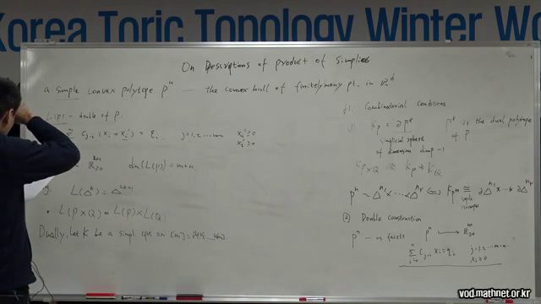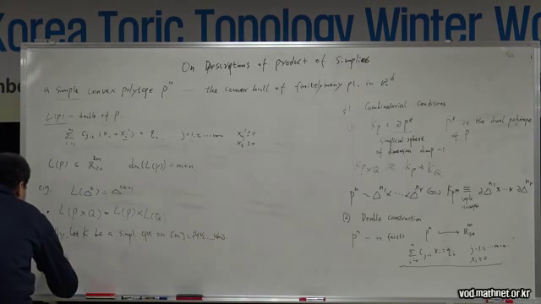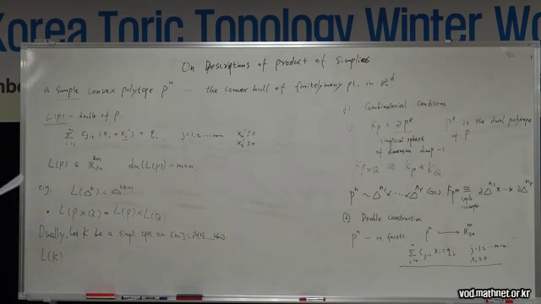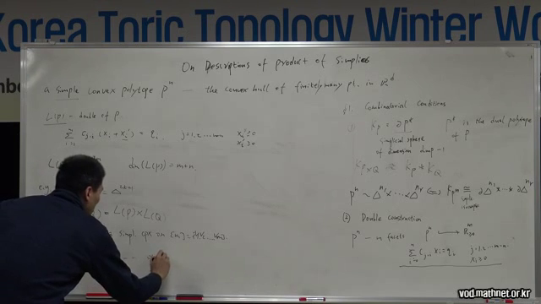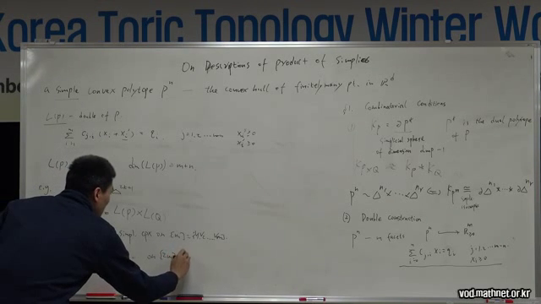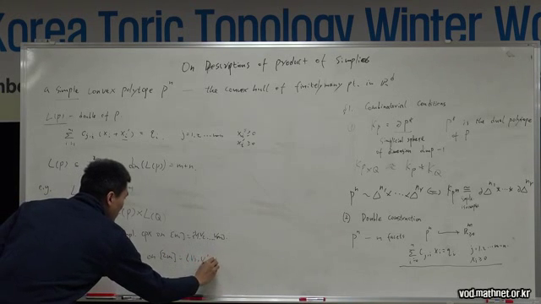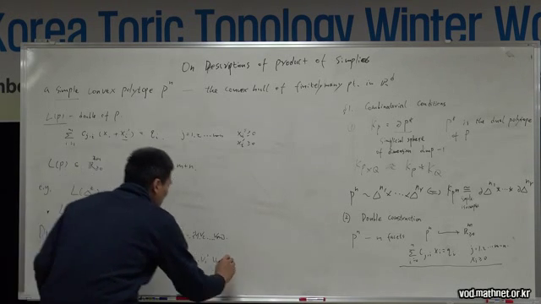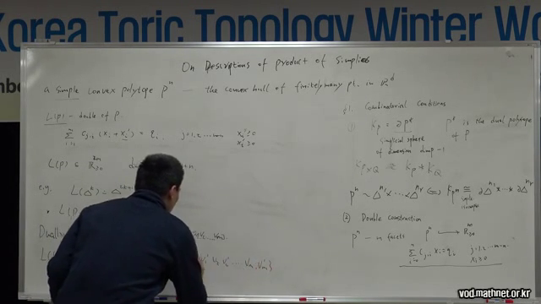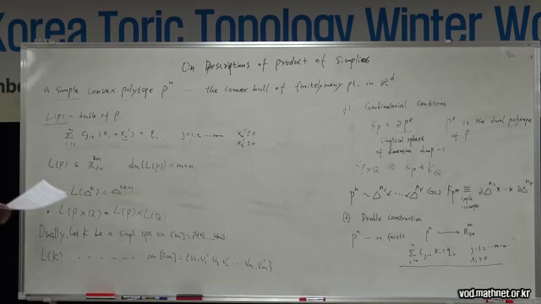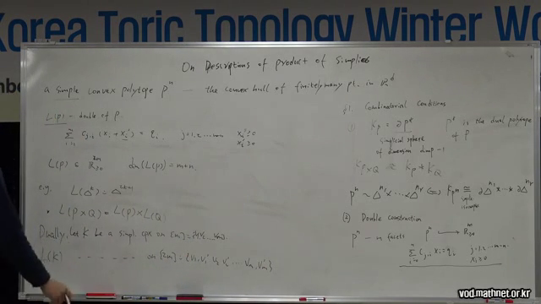Then we can define a new simplicial complex, say LK. So LK is a simplicial complex on 2m vertices: v1, v1', v2, v2', ..., vm, vm'. And the definition is, because we know a simplicial complex is also defined by non-faces,